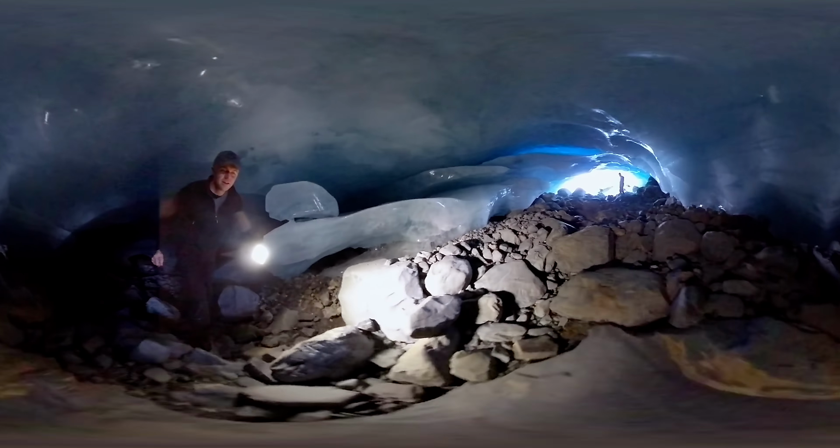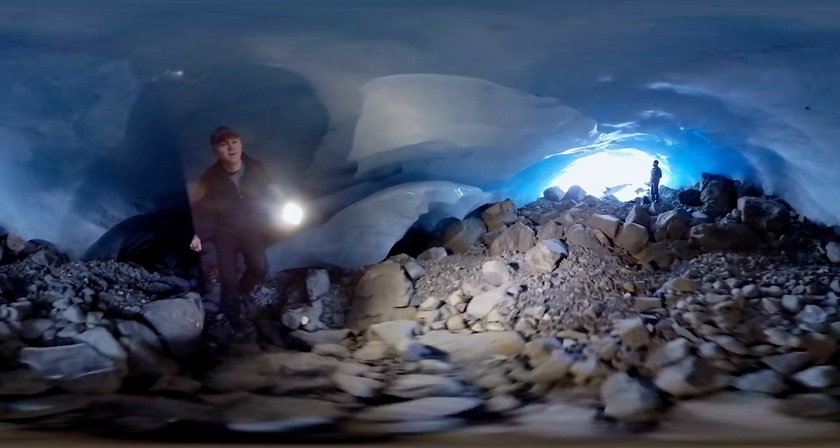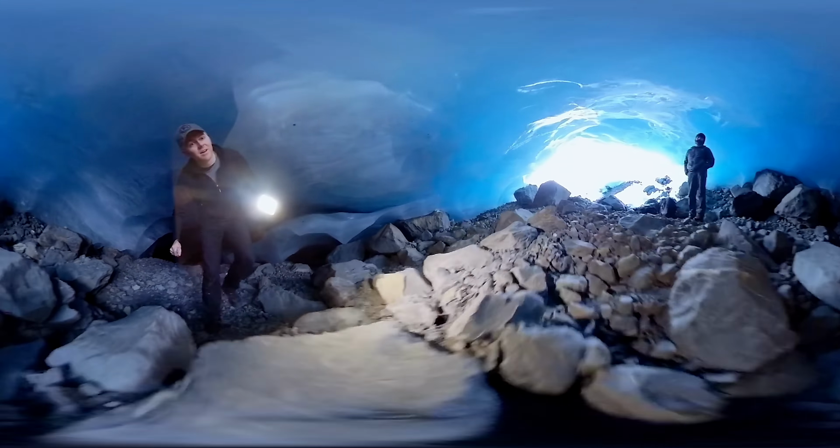Dude, that one little column with the light that comes through it, pretty cool looking. It's just so cool. You can really make it look like the light's coming up from the top. Yeah, it's really,